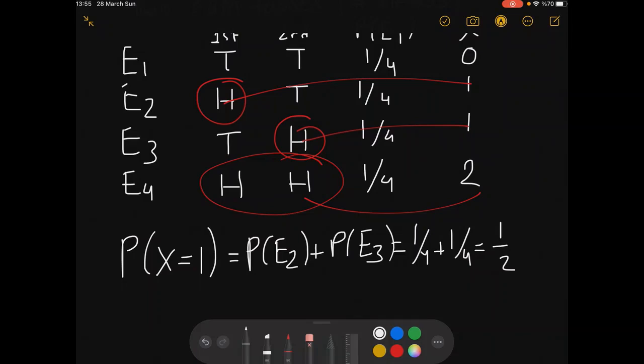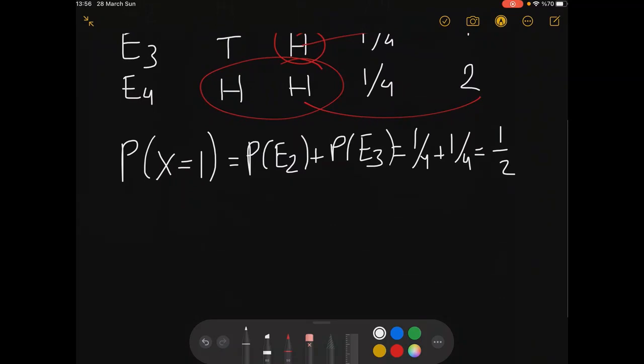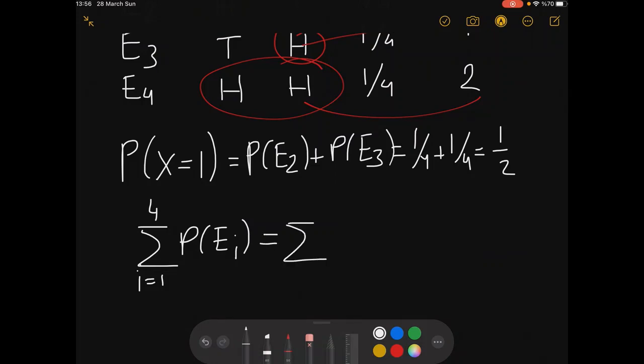You can also see that if you add all of them together, the sum of the probabilities of Ei, and the sum from X equals 0 to 2 of the probability of the random variable X, both of them should be equal to 1, right? This is obvious